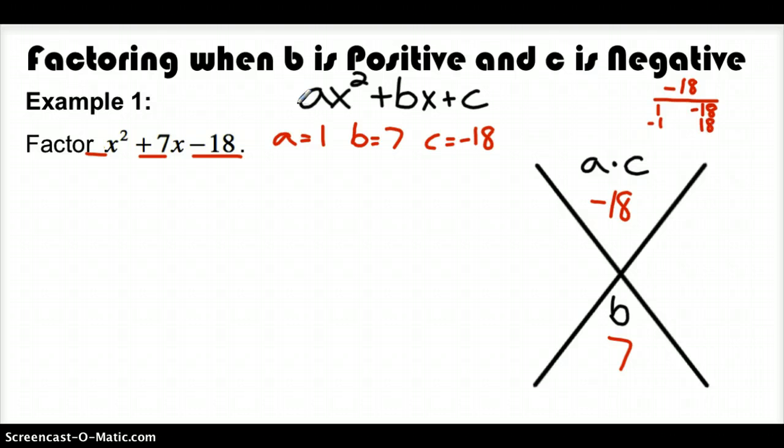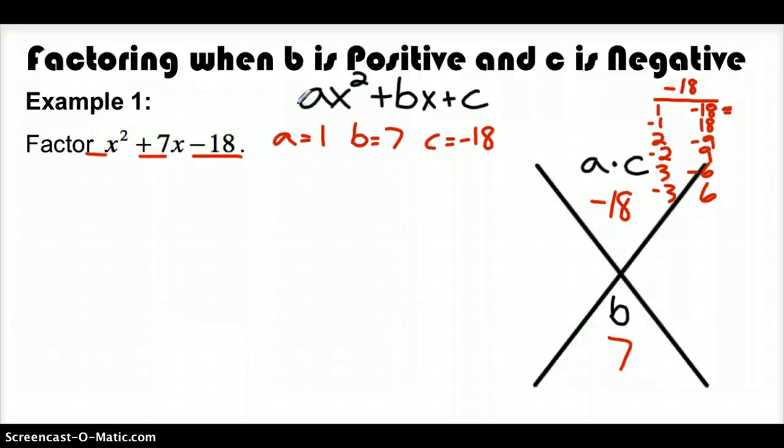I could also do 2 and negative 9, or negative 2 and positive 9. Or I could even do 3 and negative 6, or negative 3 and positive 6. I'm just going to try to keep the order a little better there. So all of these products will give us negative 18, but we're looking for which sum will also give us 7. So if we add these two up here,